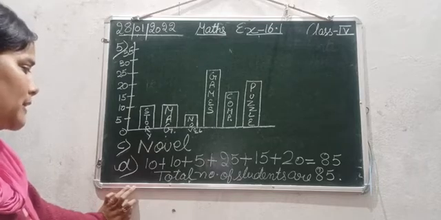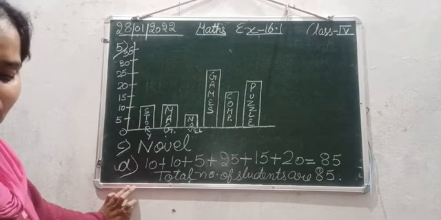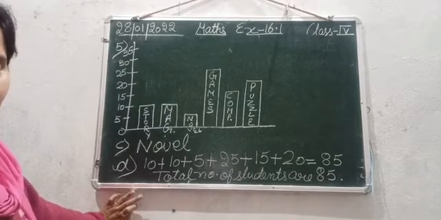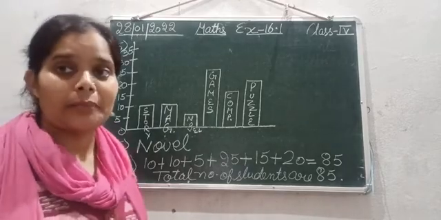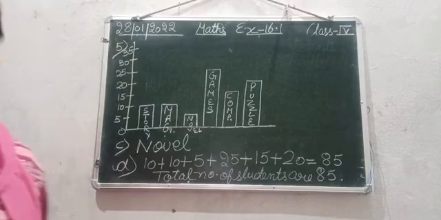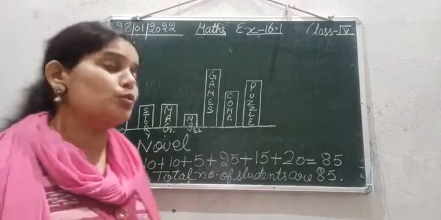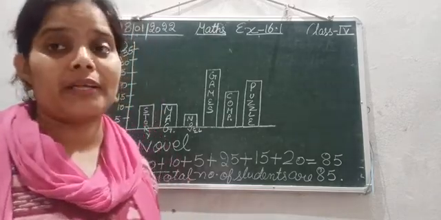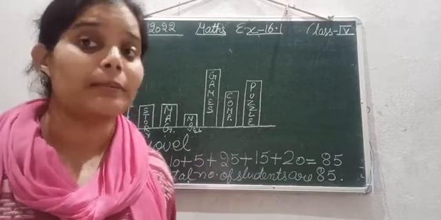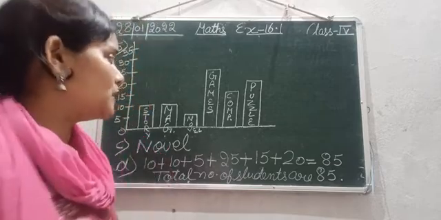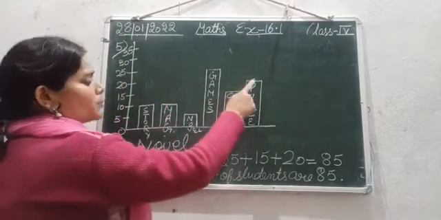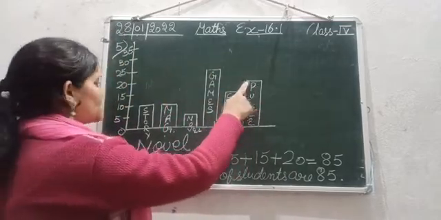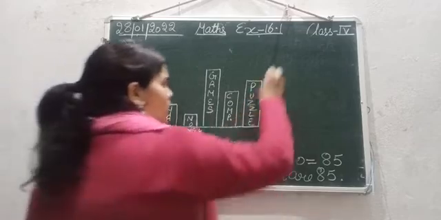Moving next to the E question. Question number E: How many more students borrowed games book than puzzle books? So as compared to the puzzle books, how many more students have borrowed the games book? So puzzle book के comparatively games book कितने बच्चों ने ज़्यादा ली? So as we can see, how many students have borrowed games book? That is 25. So the number of students who have borrowed puzzle book, that is 20.